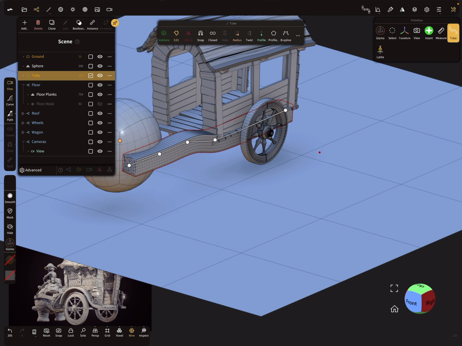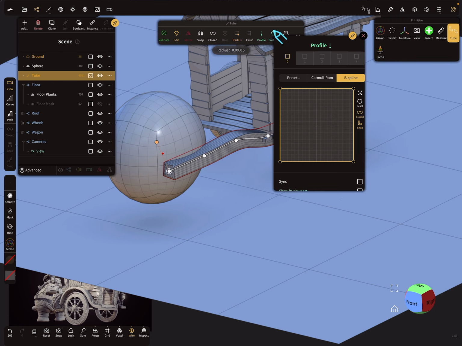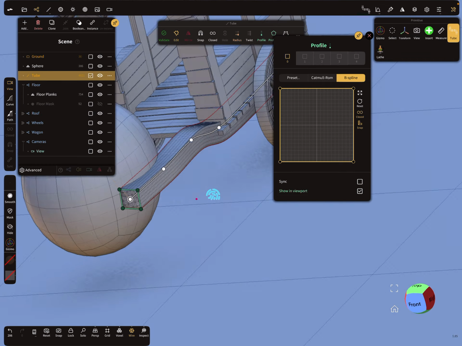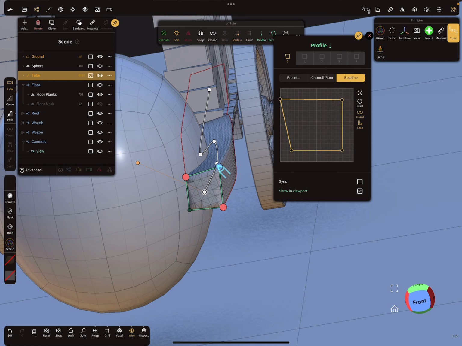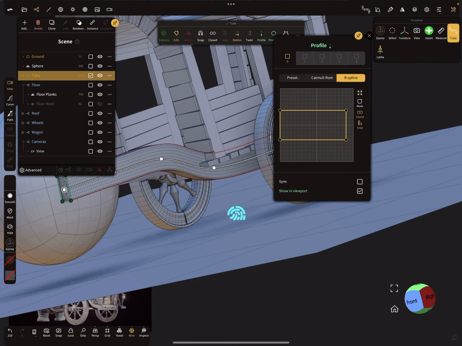And now I change to profile. So let's adjust the profile. And where's my viewport? Maybe a little bit more like this. So this looks fine.